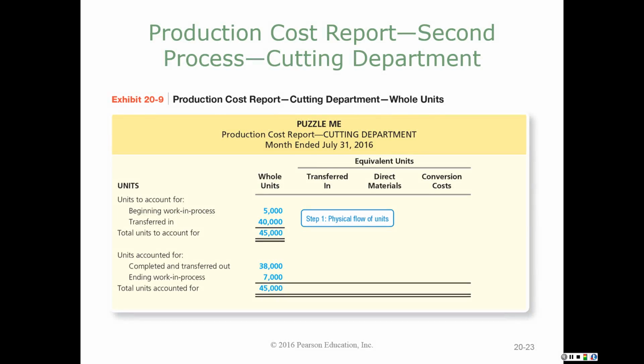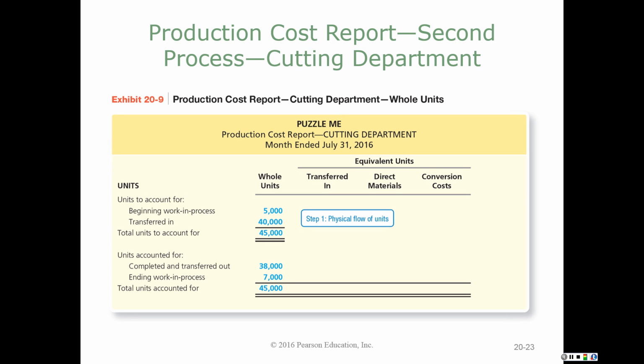Okay, the second half of the lecture for Learning Objective 3 and the Production Cost Report deals with the costs that are flowing through the next department. So we've talked about the puzzles and the assembly department and how to account for all their costs, and then we're moving them into the cutting department. So let me preface what you're seeing here by telling you that